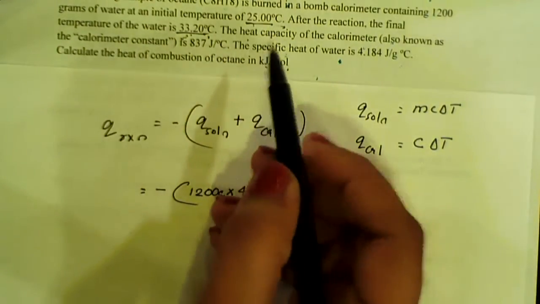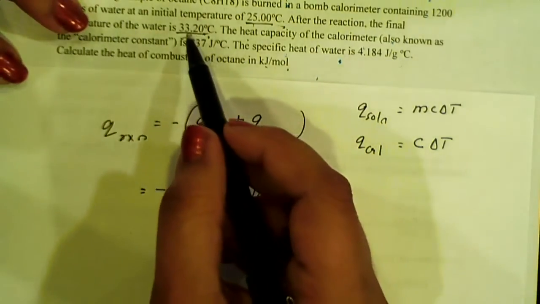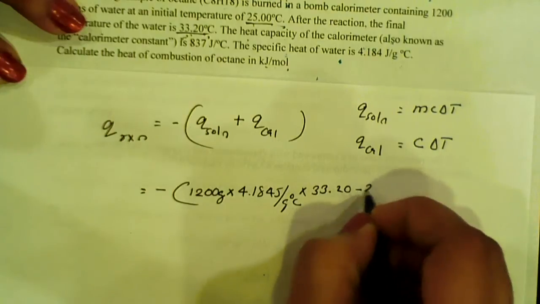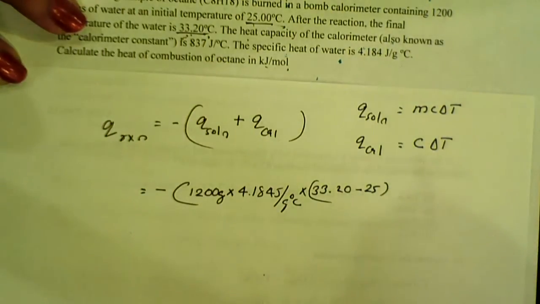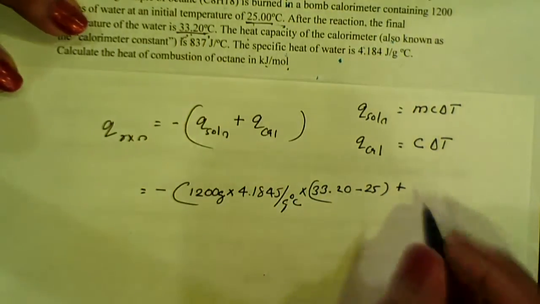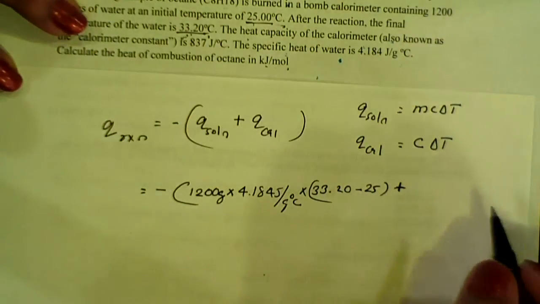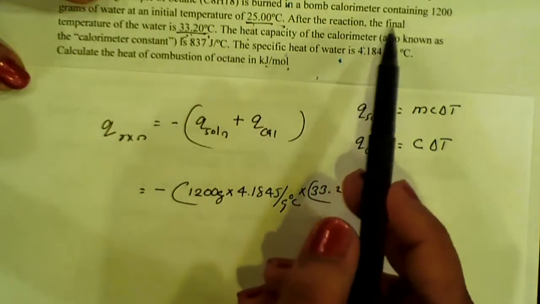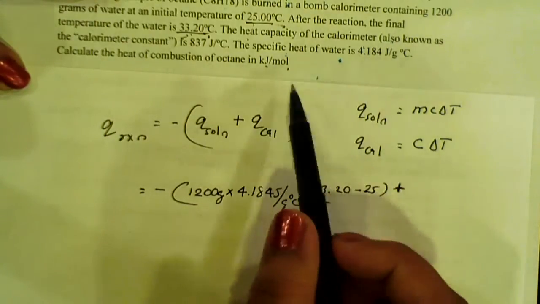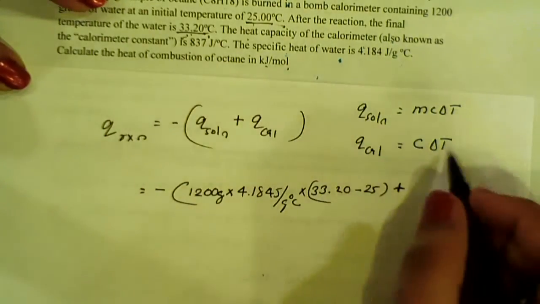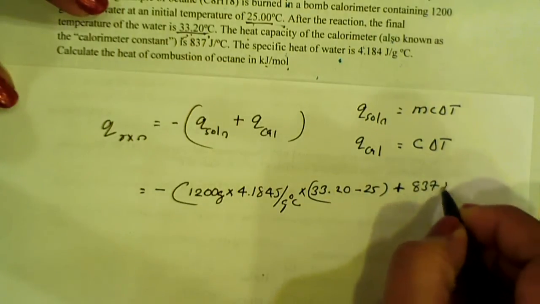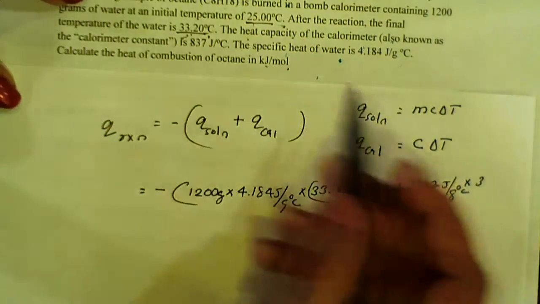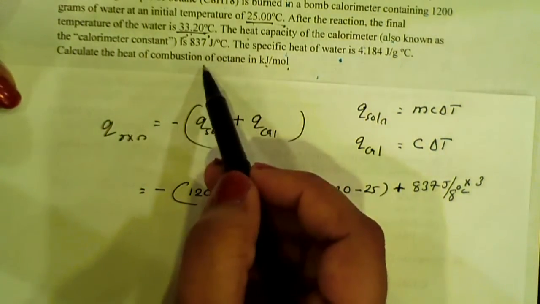So when you plug in the values, negative 1200 grams times 4.184 joule per gram per degree Celsius times the temperature change. The initial and final temperature are given, so you have to get the temperature change. So it's going to be 33.20 minus 25,